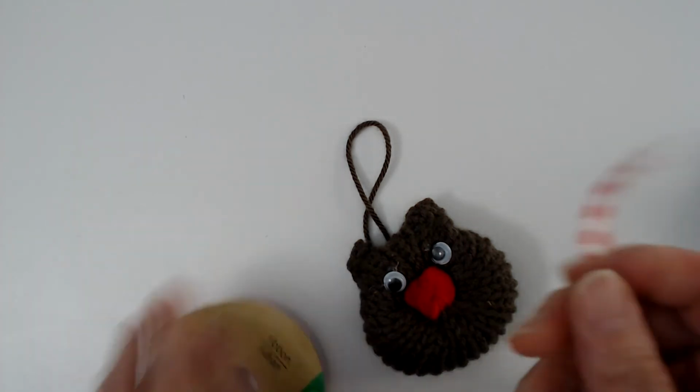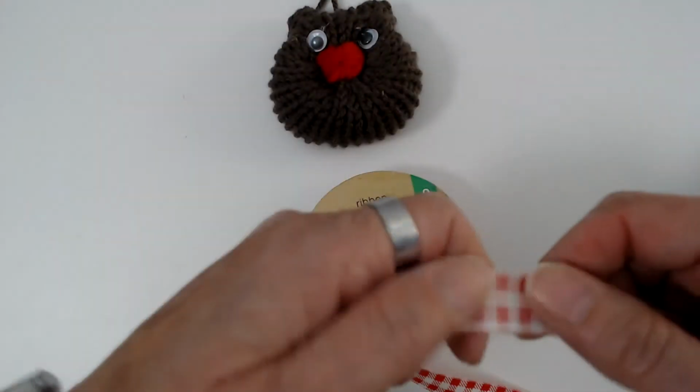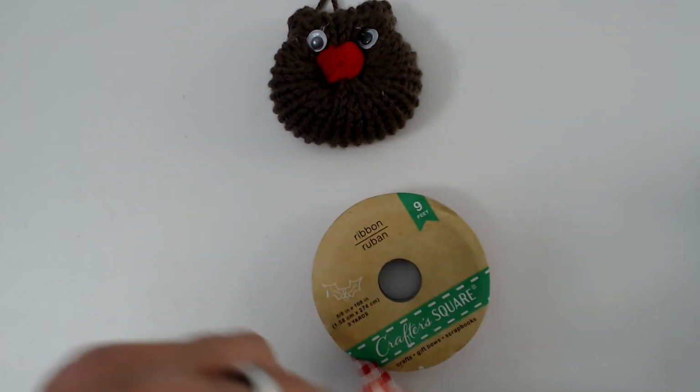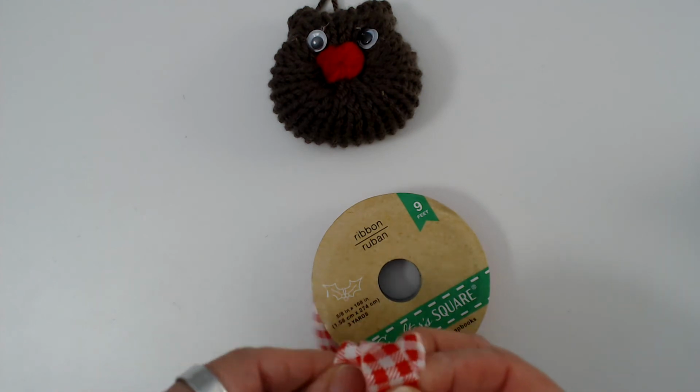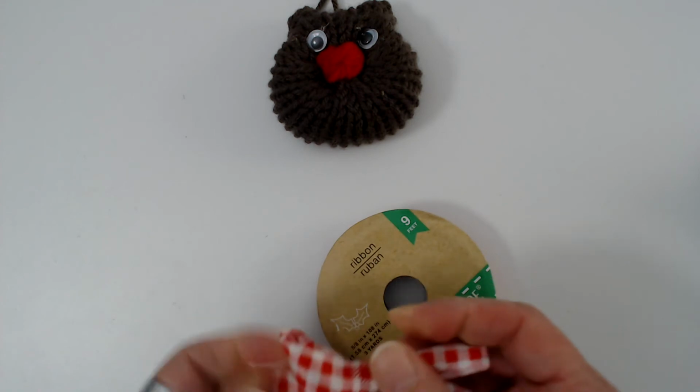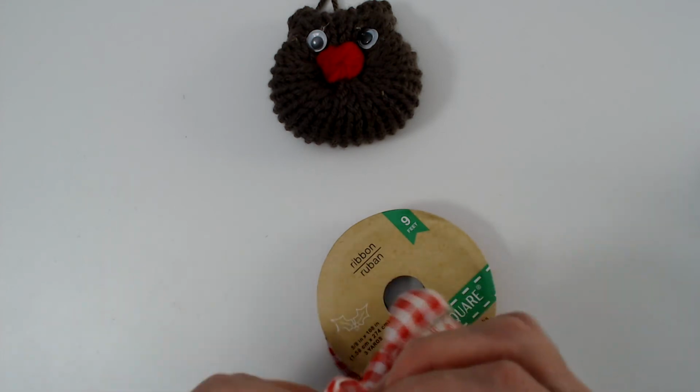I'm just going to do it from here. Just work from this here. That way you know you got enough. Just get your bow going the way you want it. And then after you see how big your bow is going to be, then if that's the way it looks,